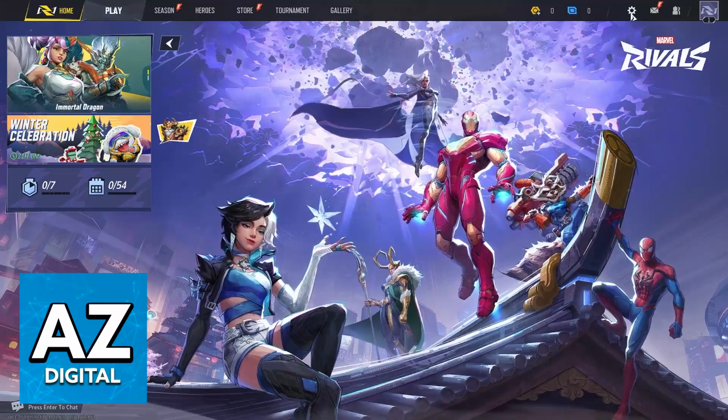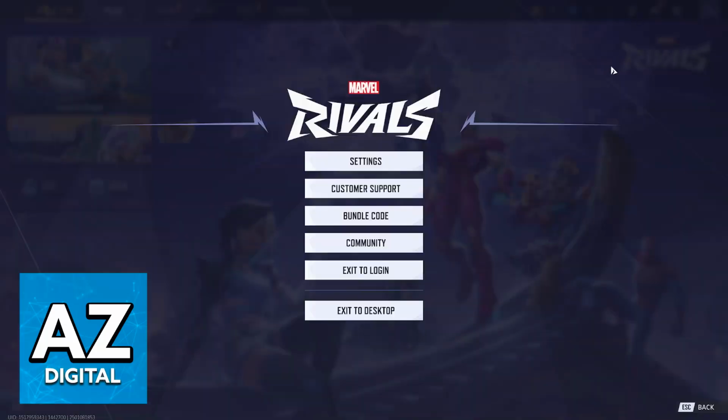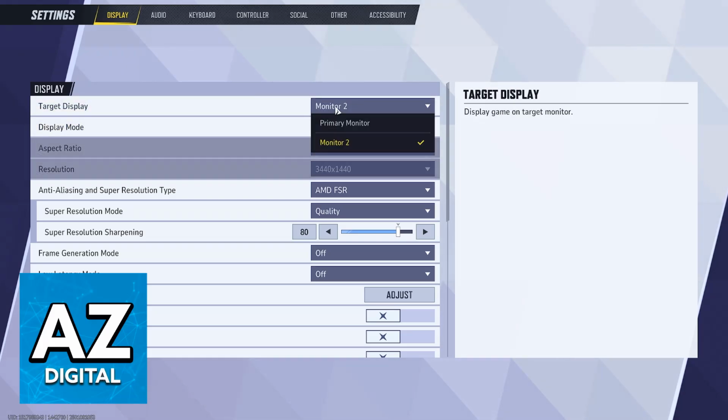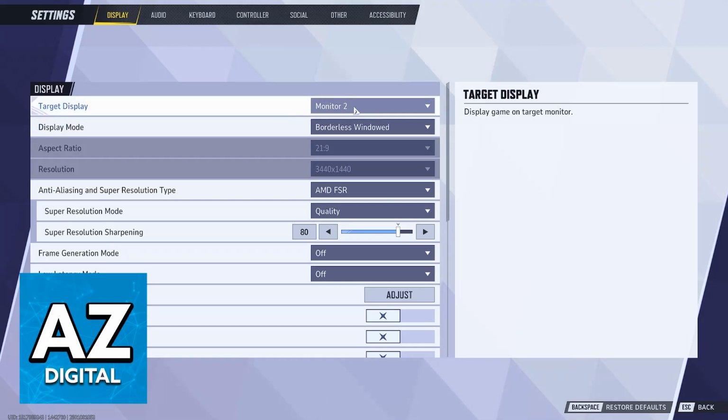But if you are on PC, you just click this little settings icon before actually queuing into a game, go into these settings, and you will be able to browse through various categories. The one that we are looking for is going to be the default one. So under display, you will have resolution. In here, if you have multiple monitors, you will be able to select the one where the game will be displayed. So I like having the game on my second monitor because I'm currently recording it.